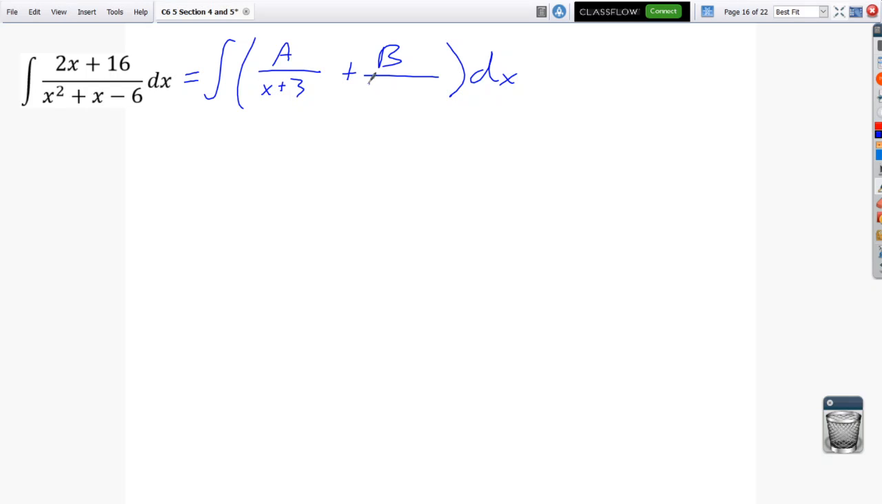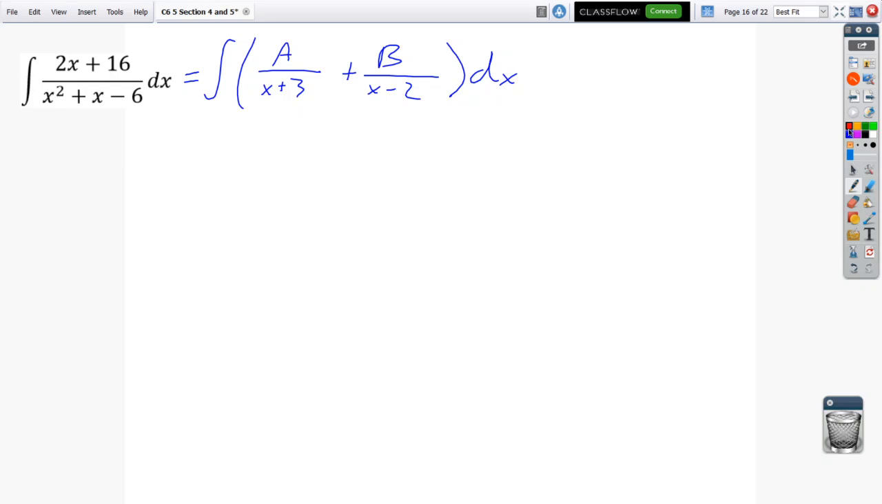x plus 3, x minus 2. And again, it doesn't matter if you put x minus 2 in first and x plus 3 second. You chose where they go, so ultimately it doesn't matter. All right. Now, what does matter is once you declare what A and B are,